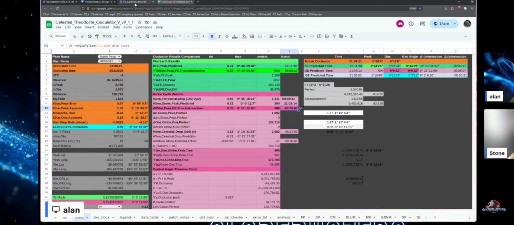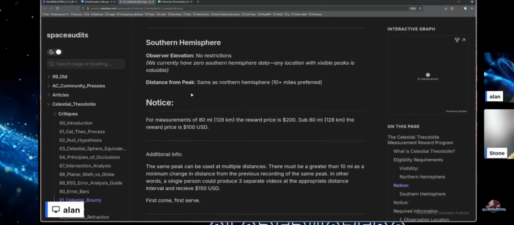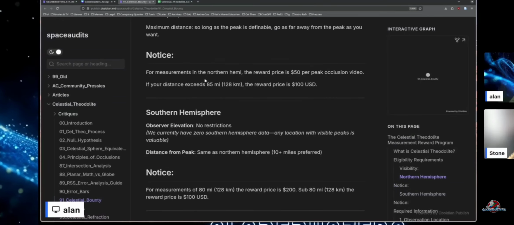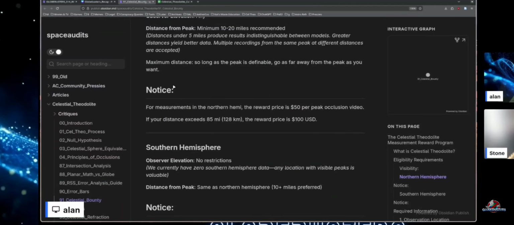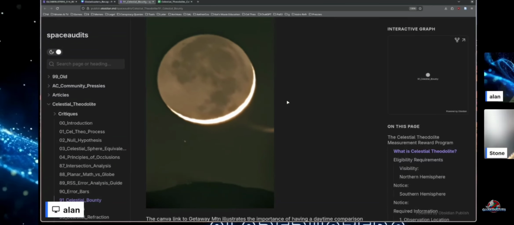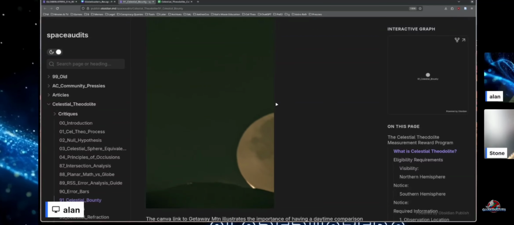So these are really useful to show the difference in their conceptual model and reality. There's one other thing I would add about what you can do to produce. Go back to the tab you just at and scroll up so we can see the graphic. There you go. There's the moon coming down and we're seeing things. We're looking to the west here, but the same thing can be done looking to the east as well.